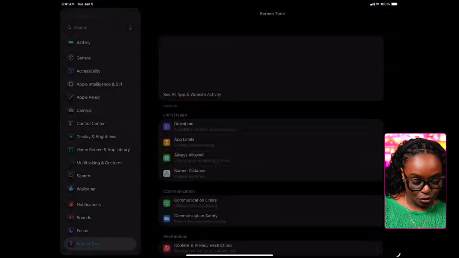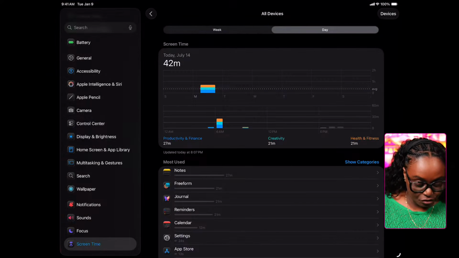It usually tells you and it tracks that for you. So this is called the screen time app. With screen time, it will tell you how much you're spending on productivity, how much on creativity, how much on different aspects. If you're on social, it will tell you, and then it will break down the apps and how much time you're spending in those apps. So this is a good way for you to measure how you're using your device and what you need to cut back on. So this is an important widget for me to have on the, like, when I swipe to